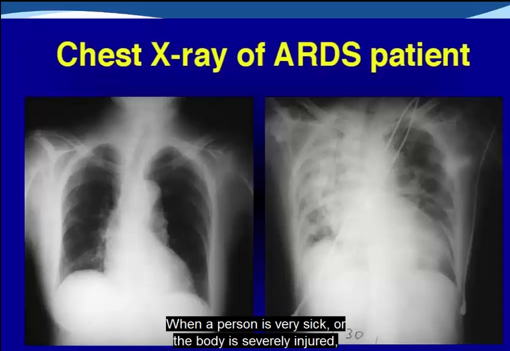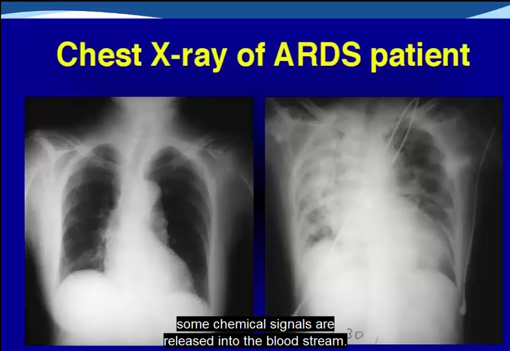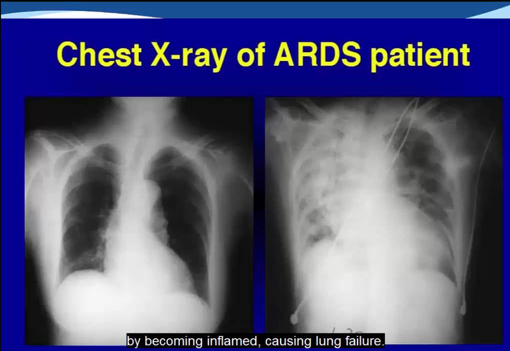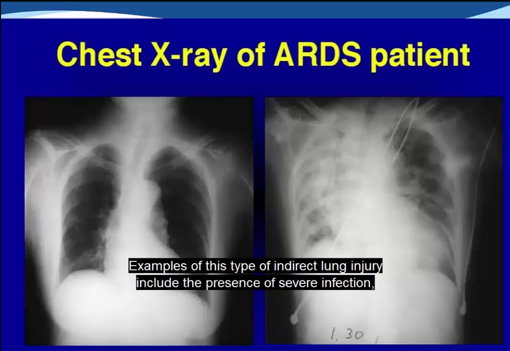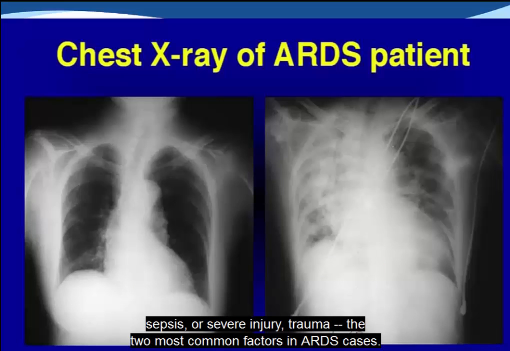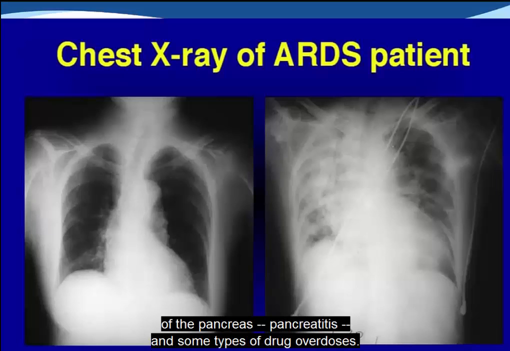When a person is very sick or the body is severely injured, some chemical signals are released into the bloodstream. These signals reach the lungs, and the lungs react by becoming inflamed, causing lung failure. Examples of this type of indirect lung injury include the presence of severe infection, sepsis, or severe injury, trauma, the two most common factors in ARDS cases. Other examples are severe bleeding, resulting in massive blood transfusion, severe inflammation of the pancreas, pancreatitis, and some types of